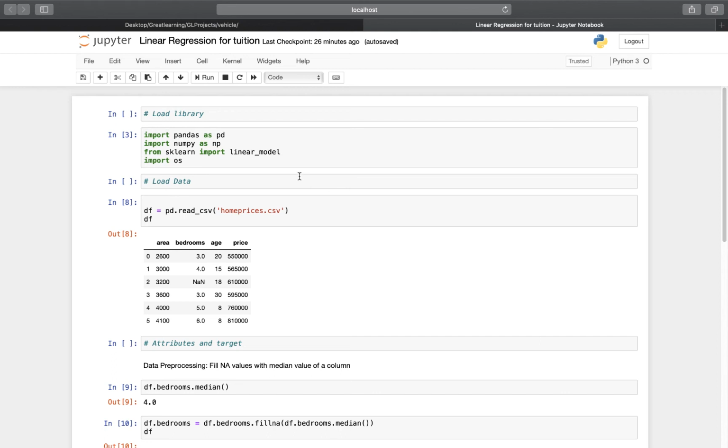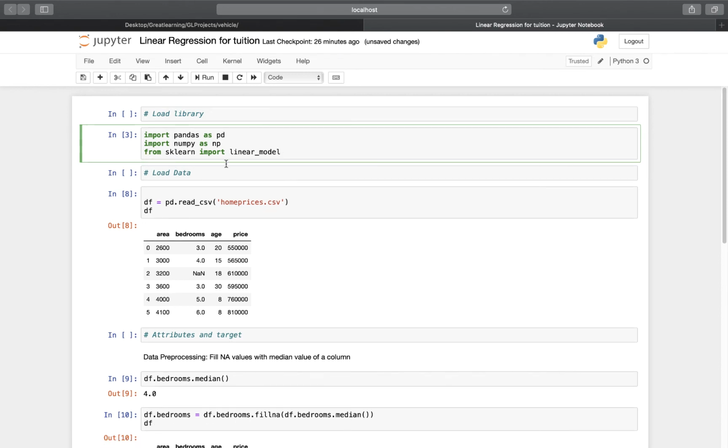If not, maybe you can have a look at that. So once you open Jupyter notebook, you need to import the libraries. For this we need pandas, we need NumPy, we need sklearn.